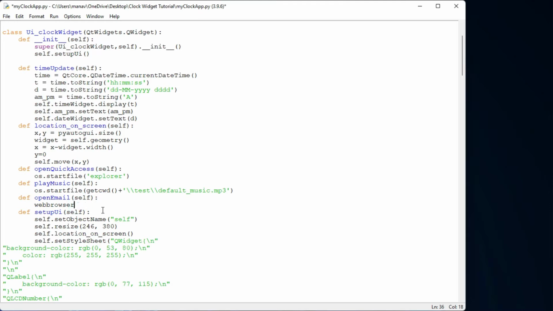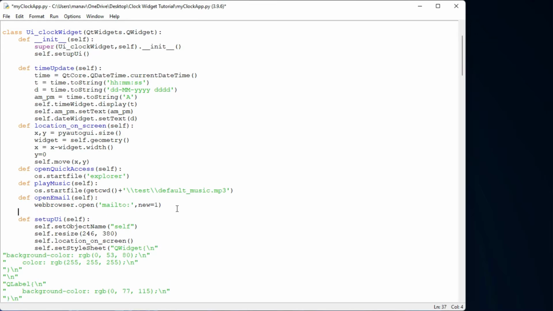So I can use webbrowser.open, and under this let me pass the mailto, and let me pass new=1. That means a new mail will always be created when open email is triggered.